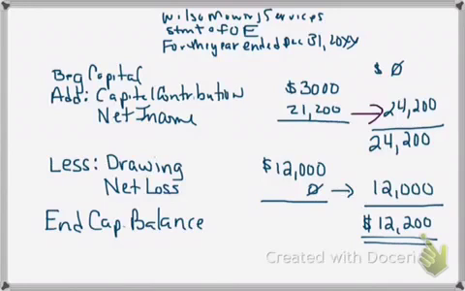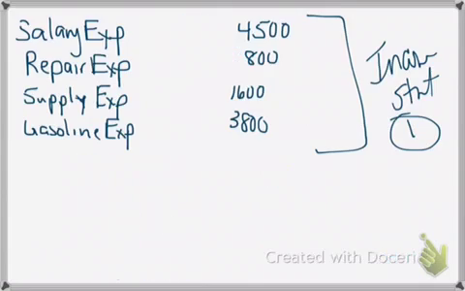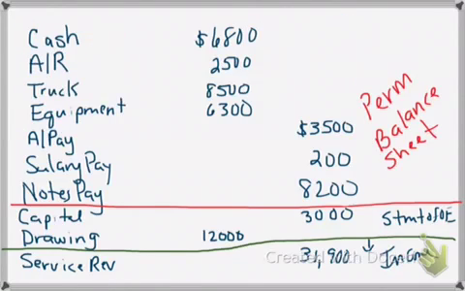Notice the dollar sign, the double underline, because I am finished with this particular statement. The last statement that we are going to look at as far as Accounting 101 is concerned is the balance sheet. Now the thing I want you to remember about the balance sheet is that it is coming directly from your